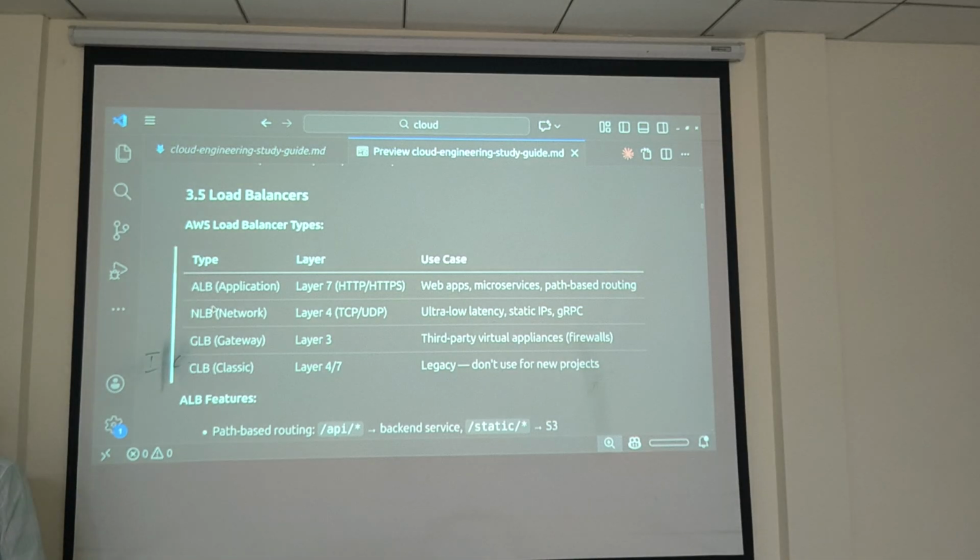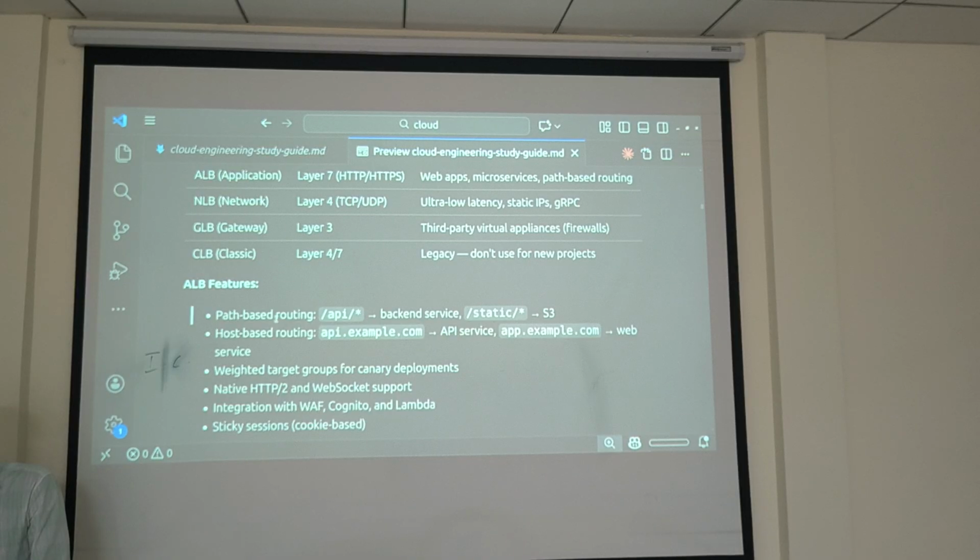These are the major features, like path based routing and host based routing. In host based routing, you can easily block requests. If the front end application is hosted on a particular domain, then for the backend I can set it up: if any request comes from this particular domain, allow it, or else don't.